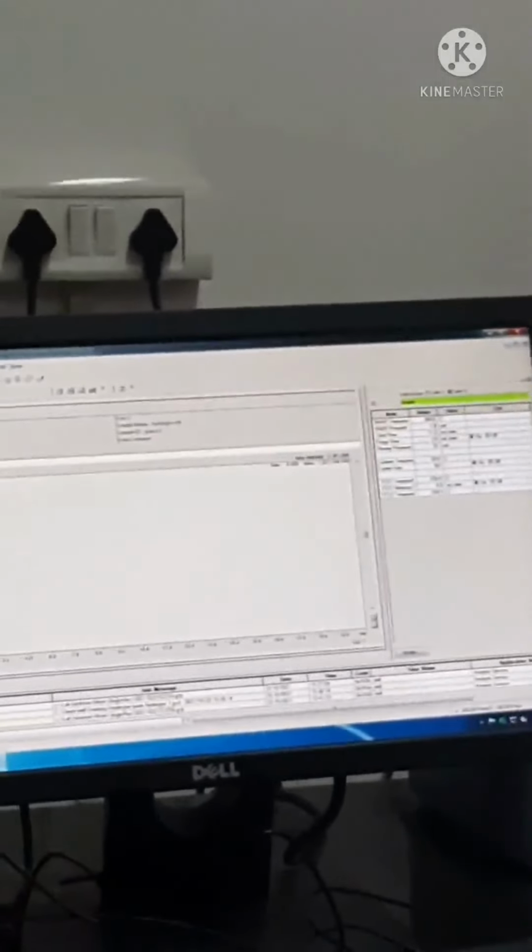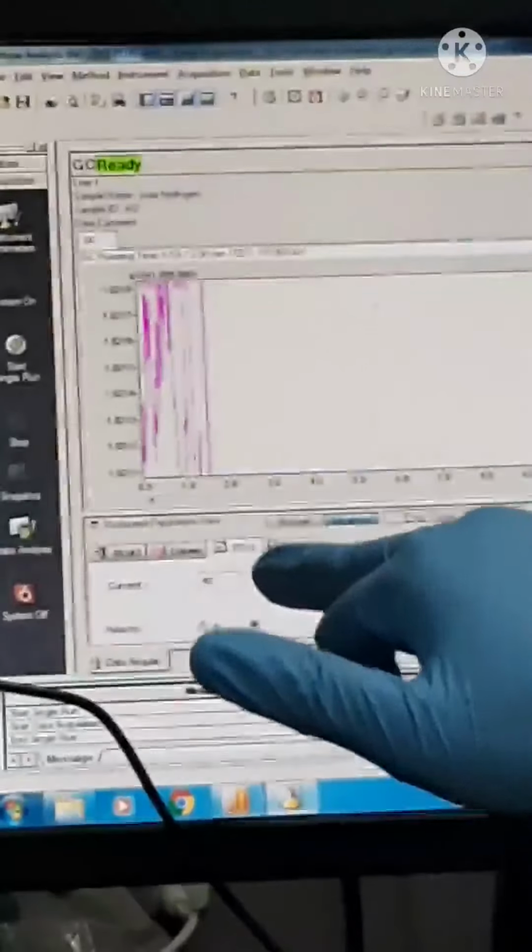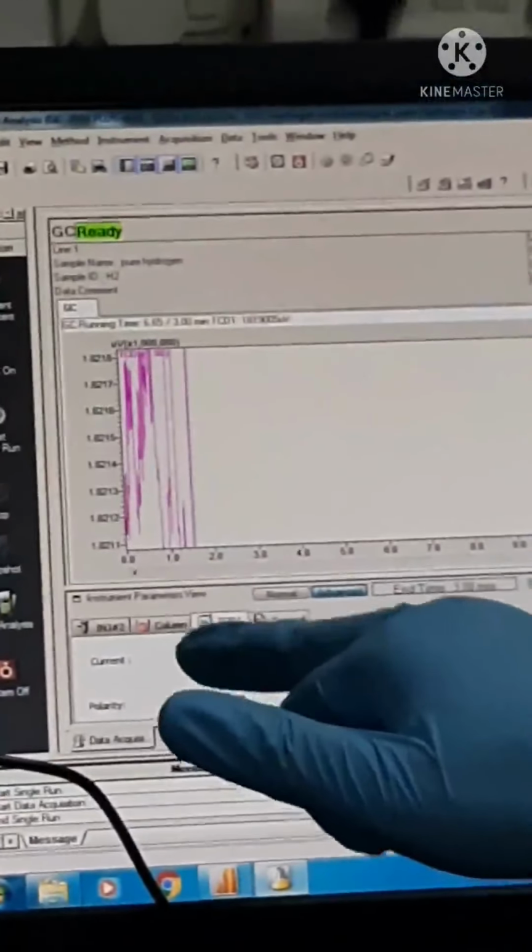So in this TCD line, line 2, in the current section, it is now set to 40 milliampere. But before starting the instrument, we have to make this current 0 and download it. Then there will be no fluctuation in the current with the temperature, and it will increase the shelf life of the TCD.